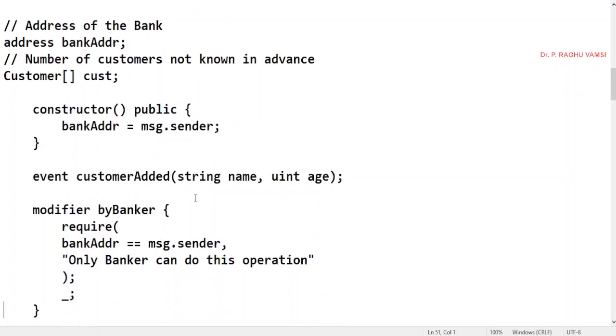That log can be accessed via JavaScript or any other front-end application and can be shown onto the screen. When the log is recorded, that same log can be taken out and presented onto the screen. So this is just like a publish and subscribe pattern. For this purpose the event is used in Solidity.